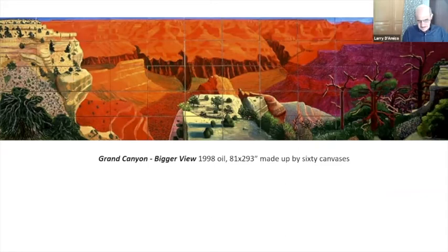It's 30 feet across. It's almost 8 feet tall. It is made up of 60 canvases. Okay, each of these increments is a canvas. So they interact in a very different way. It really is something that he came at out of the experience with the Polaroid,